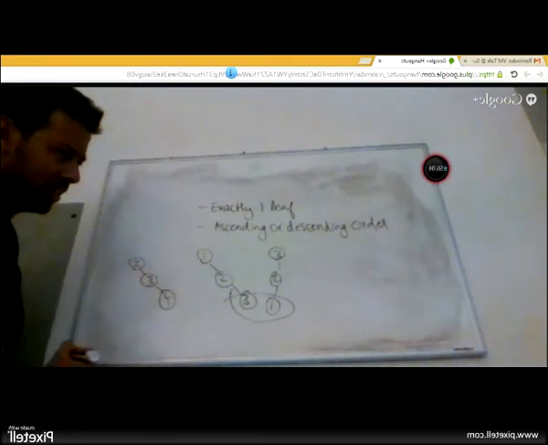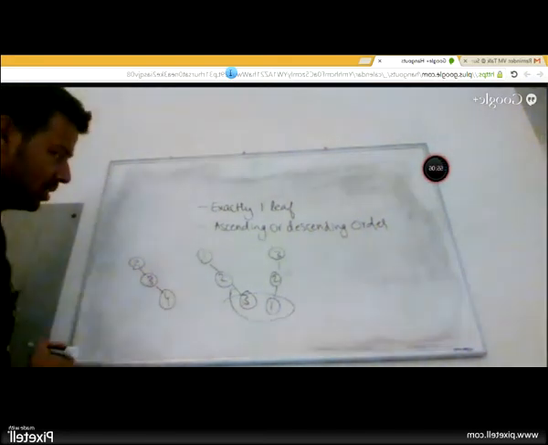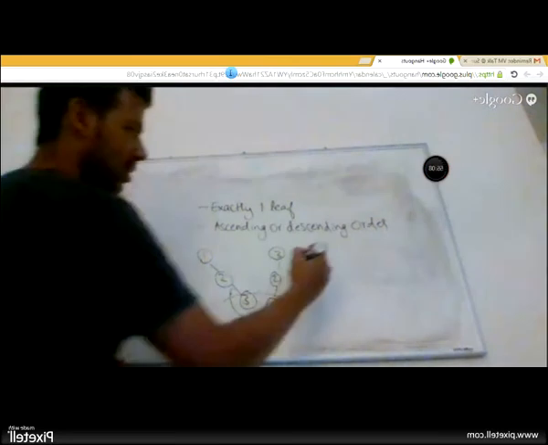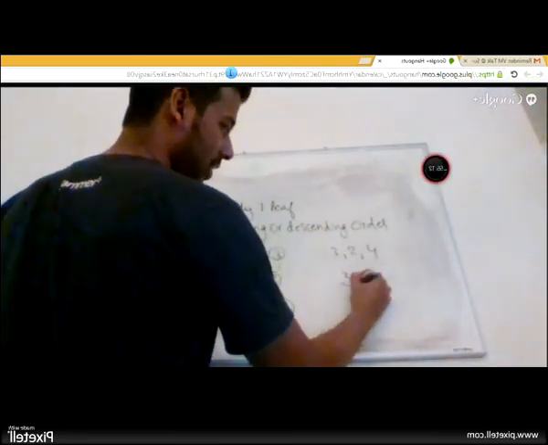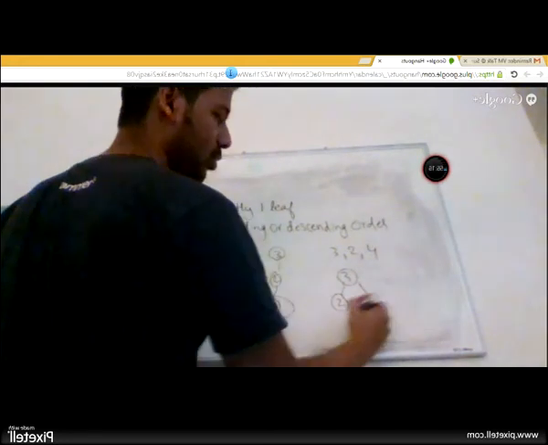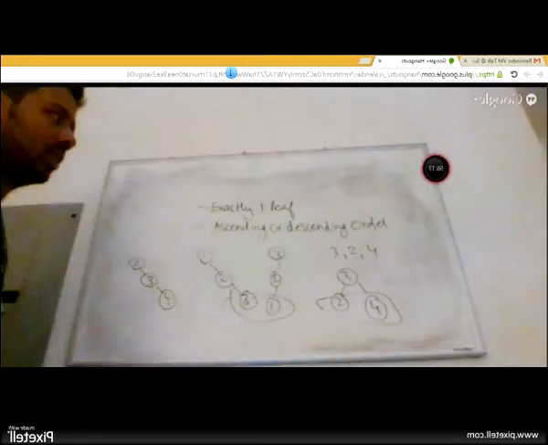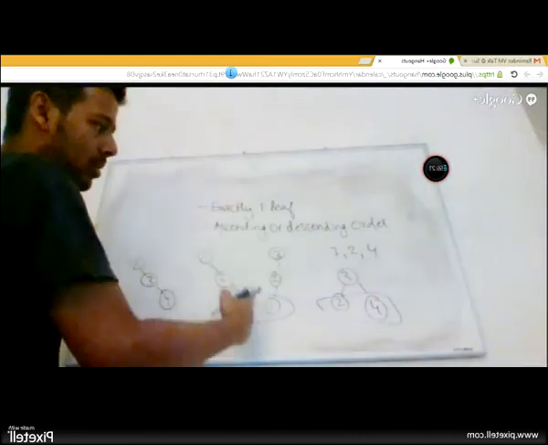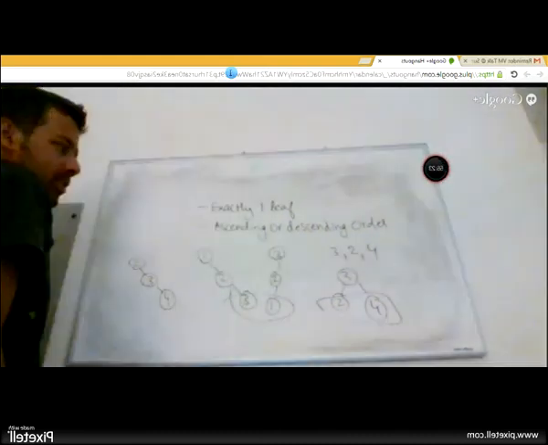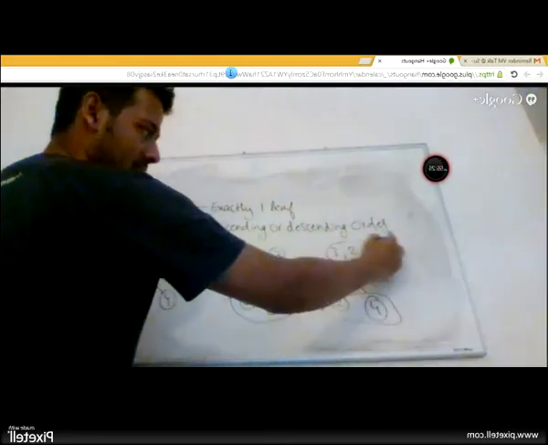No, like 3 is the root, 2 is the left child, and 4 is the right child. So if I say 3, 2, 4, you mean? Okay. So if I say 3, 2, 4, then I have 2 leaves, right? So this claim is still true. It's saying that you will have one leaf only if elements are fed in ascending or descending order. And this is neither ascending nor descending, so I have 2 leaves.